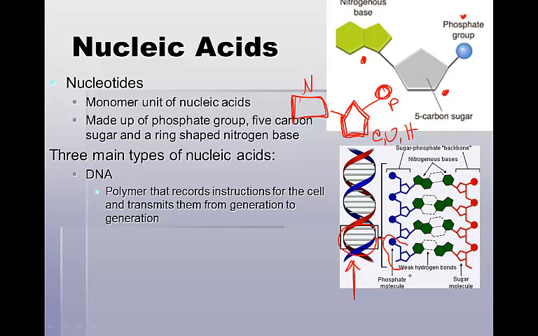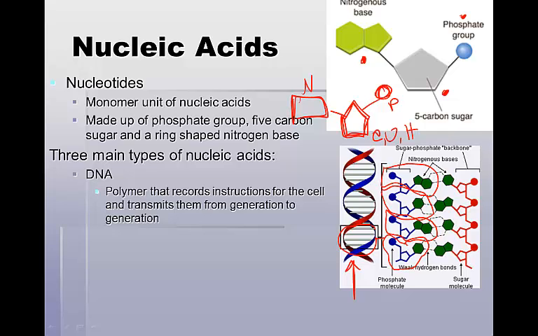Here's a nucleotide: the phosphate, the sugar, and the nitrogen base. Here's another one: phosphate, sugar, nitrogen base. Here's another one. So you can see how this is just like the carbohydrates. It's just like the proteins. We take a bunch of the nucleotides, or the monomers, and we link them together through a condensation reaction to